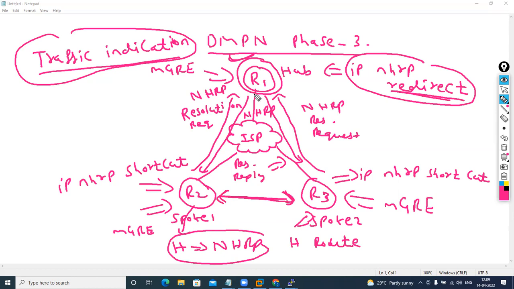So now we don't require any split horizon or next hop. The traffic indication is sent by the hub to both spokes. Yes, because both will register, so from both you are getting the resolution request and indications. That's why we can summarize in phase 3, because R2 doesn't depend on the hub. We have a direct entry. So that's why we can do summarization in phase